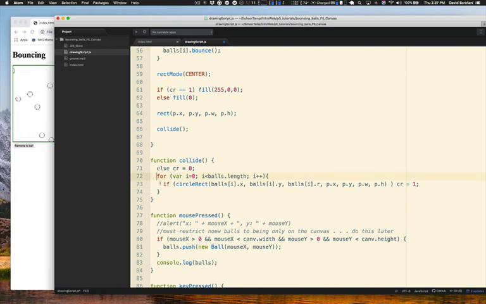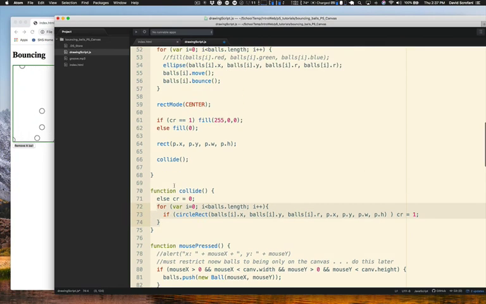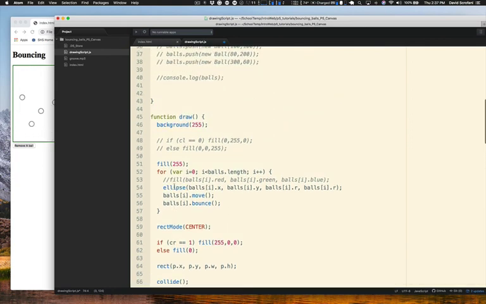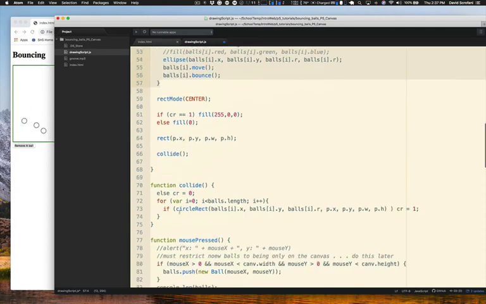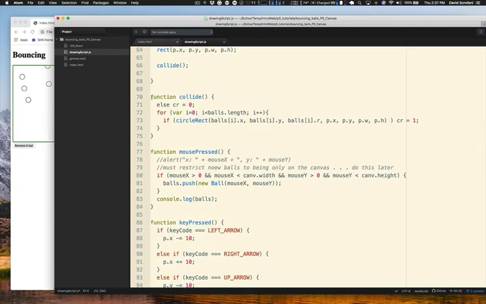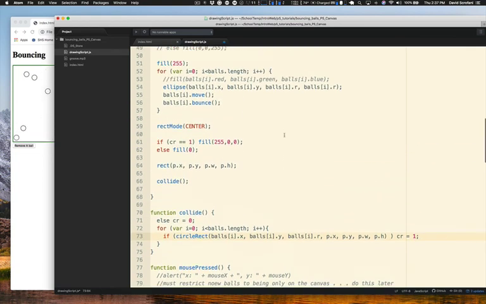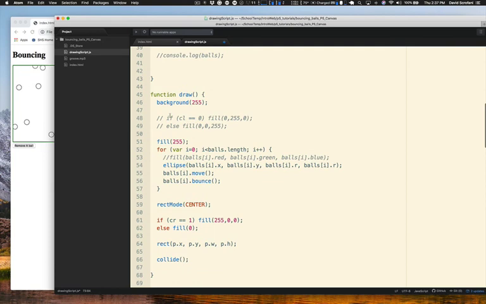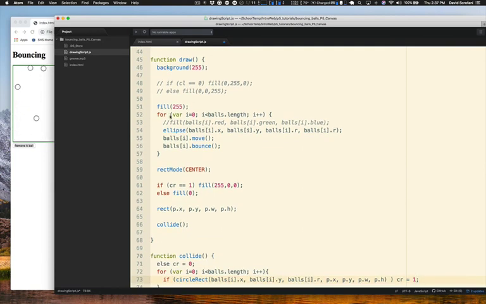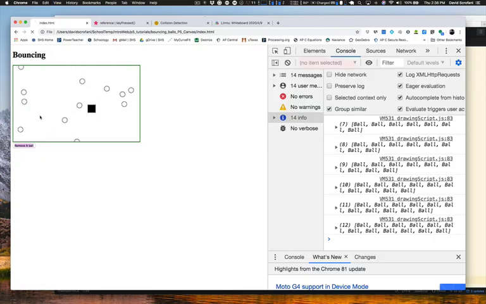Because this whole for loop will run through the whole array of balls before draw gets to do its thing again. And so at the end of this function, when collide wraps up, CR will have a value of either 0 if no collisions were detected, or 1 if any collision was detected. And then it's going to go ahead and properly colorize that ball, that player. Okay, so with that, if I come back and refresh,